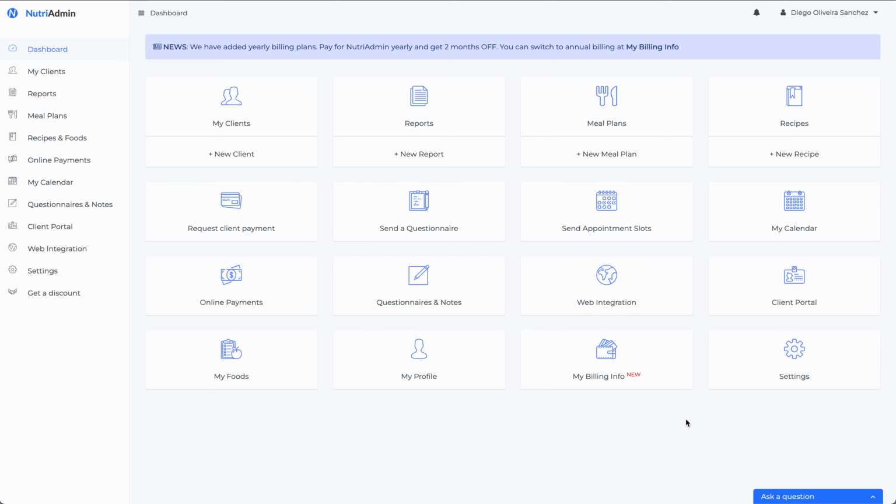So the software mainly has been designed for these professionals that are practicing, but there's still a lot of value that can be had from an educational perspective, and we're basically willing to offer the software for free under certain conditions. You can go to nutriadmin.com/education to learn more, and the goal is to help students use the software to complete class assignments and to